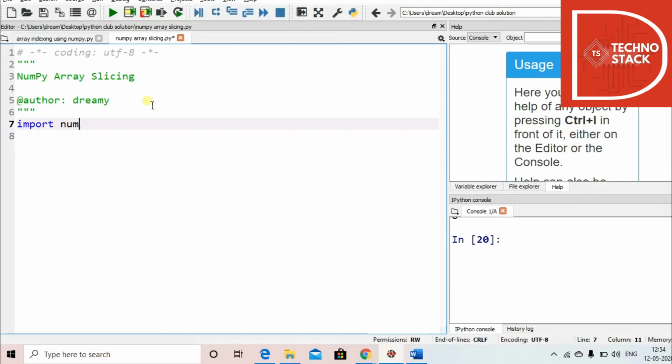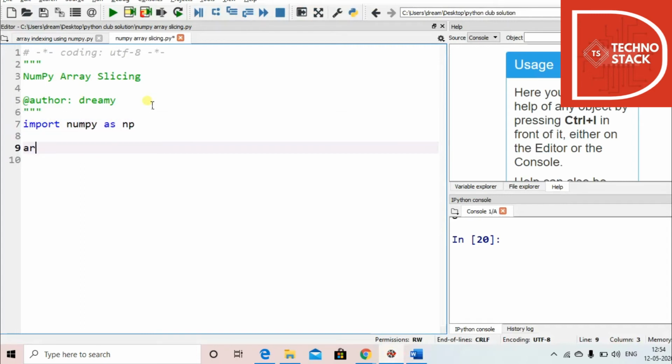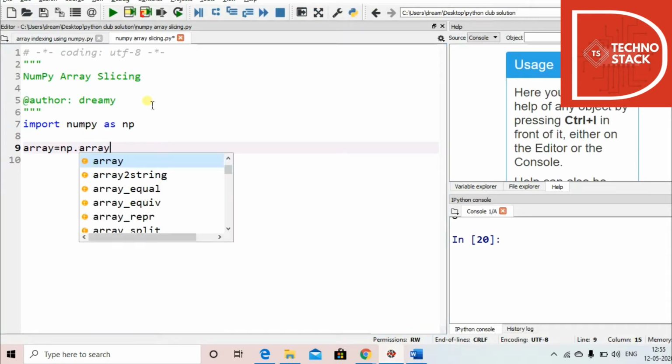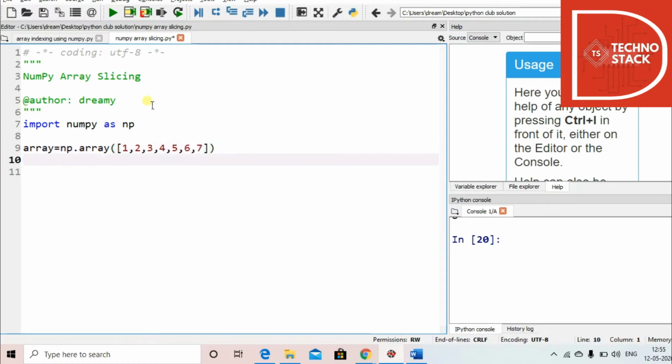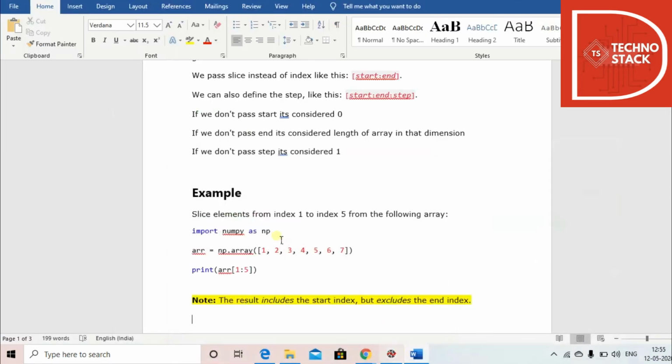First we import the NumPy library. Now we create an array of 7 elements, let's say. Here you can see we have to take the starting index and ending index.